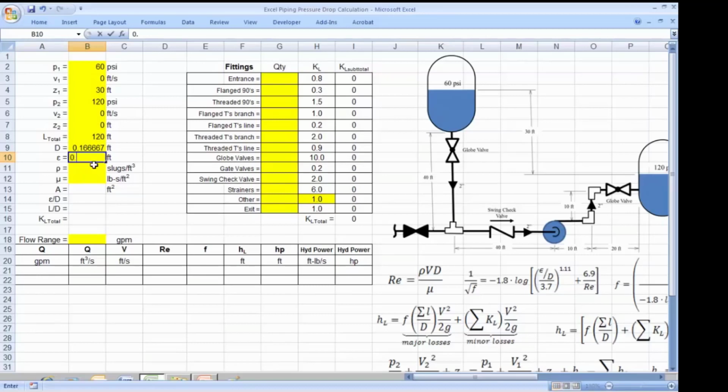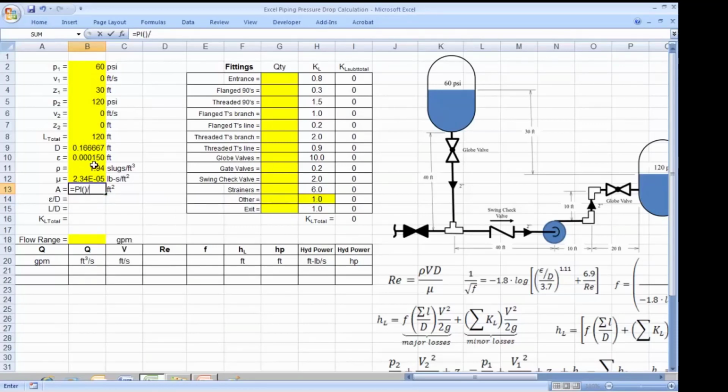This is 0.0003015, is the value there. The density, this is going to be water, so it's 1.94 slugs per cubic foot. And the viscosity, we'll treat it at the standard temperature, so it's 2.34 e to the -5 pound-seconds per foot squared. Now we'll start entering in equations such as the area here,